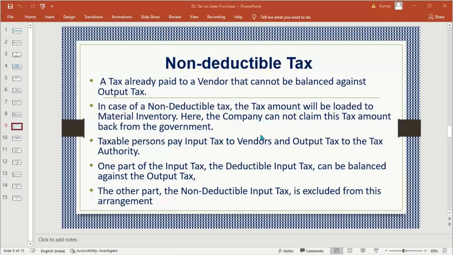Here the company cannot claim this amount back from the government. A taxable person pays input tax to the vendor and output tax to the tax authority. Input tax we have paid to the vendor, and whatever output tax we have collected is also going to be paid to the tax department. Whatever GST I have paid as input is not going to be claimed because it is non-deductible. One part of input tax, the deductible input tax, can be balanced against output. This is already explained. Another part, the non-deductible input tax, is excluded from this arrangement. Okay, so now the question is